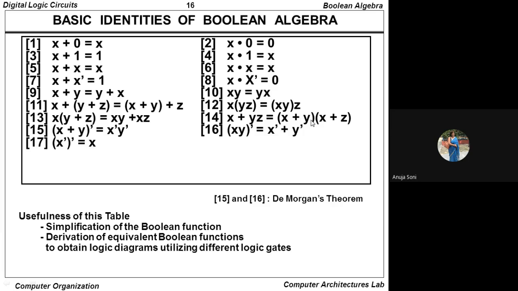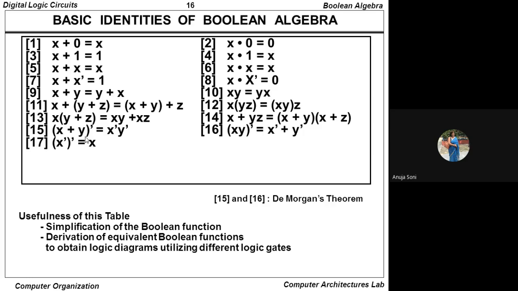So x plus yz can be rewritten. How can it be rewritten? In what manner? X is used with y. Similarly, the same x is used with z. So it can be rewritten equivalent to the right hand side. And again, I am repeating that this is the very important distributive law that is generally used in the simplification of a Boolean expression. Some of the questions are there in your back exercise, and you can straightforwardly take the help of these Boolean identities.